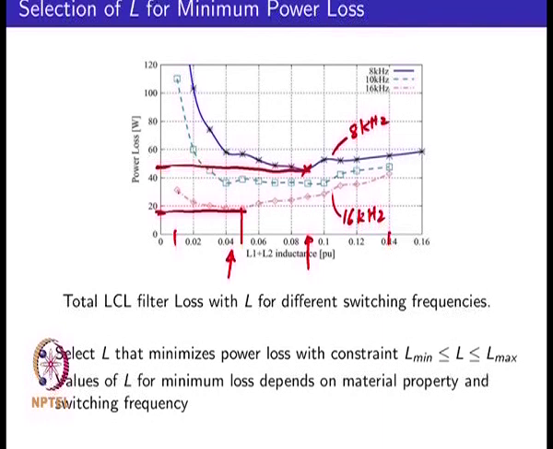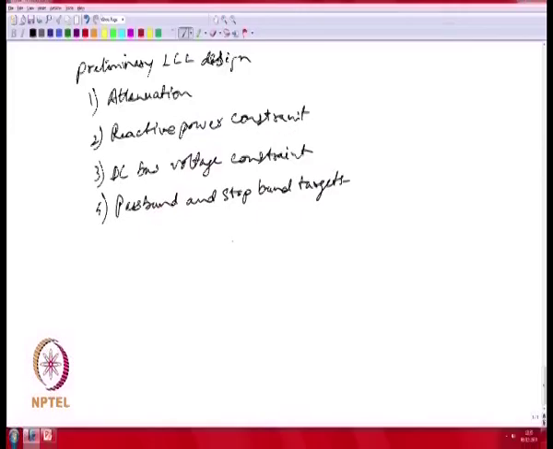So, you could consider not just the losses in the filter, you could also consider the losses in the filter plus the semiconductor devices, because you know that you get lower losses in the filter, but your switching losses in your IGBTs and recovery losses in your diodes go up with switching frequency. So, you could not just look at it from the filter perspective, you could actually look at a minimization from the overall perspective. So, depending on the frequency you have chosen, you could then consider